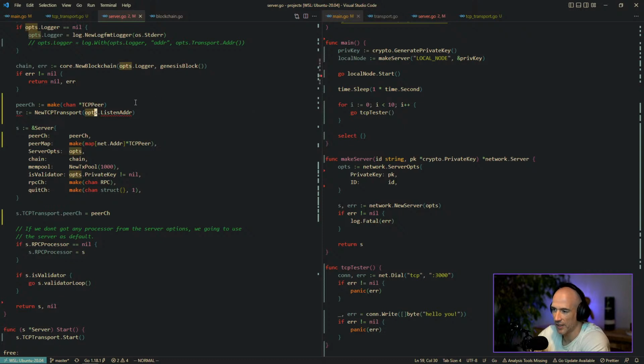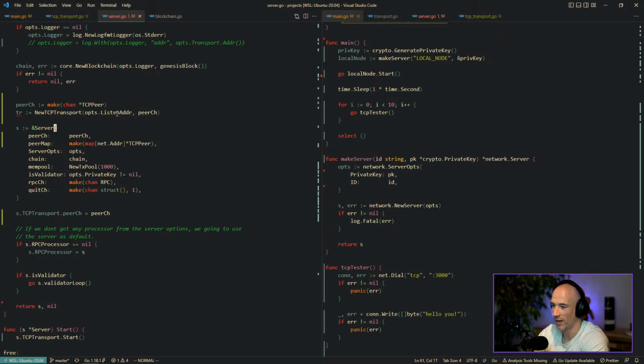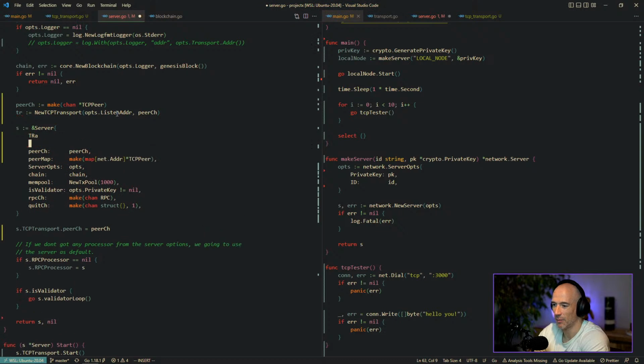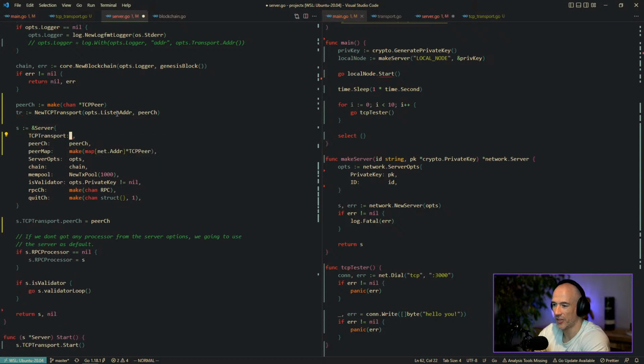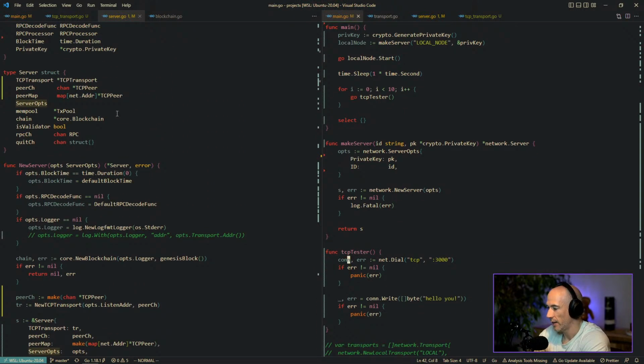Oops, listen to this. Why is this? We need a chain. Yes, of course we need it. I know. And then we need a transport like this. Yes. All right, look at this. This is much cleaner, isn't it? The next thing we need to do is, instead of,